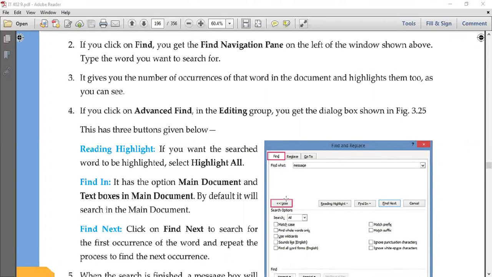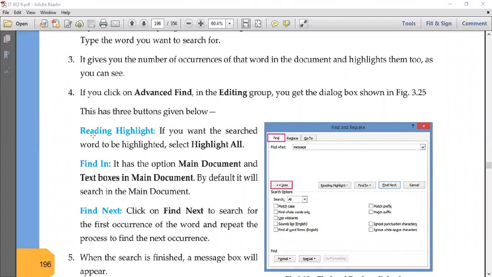We have some more advanced features related to this finding option, that is advanced find option, and there you'll find a reading highlight. If you want the search word to be highlighted, then you select highlight all from this option. You can see over here, this is the option. Just click on this and you'll get a list of it. The drop down list will come up and from there you can just click highlight all. इससे क्या होगा कि जितने बार भी वर्ड पूरे डॉक्यूमेंट में है वो सारे के सारे हाईलाइट हो जाएंगे,